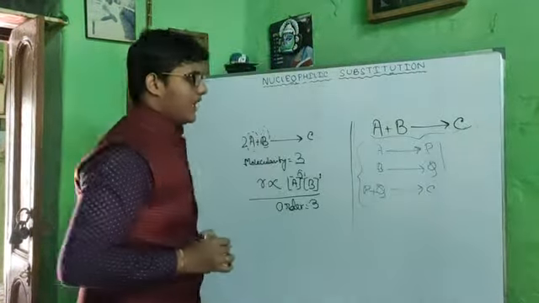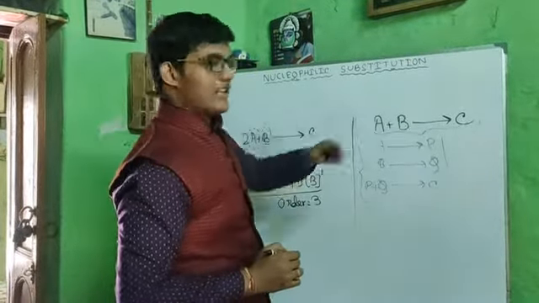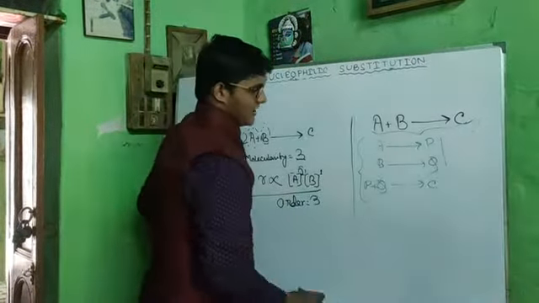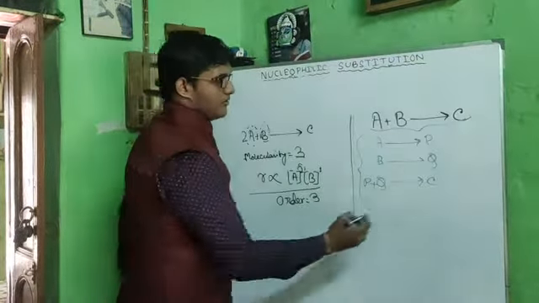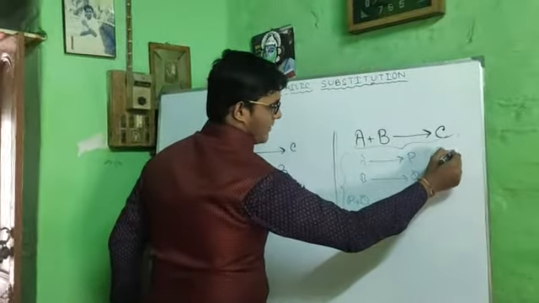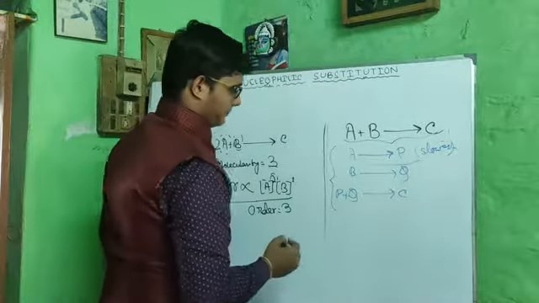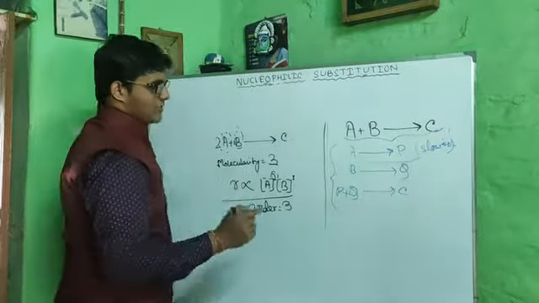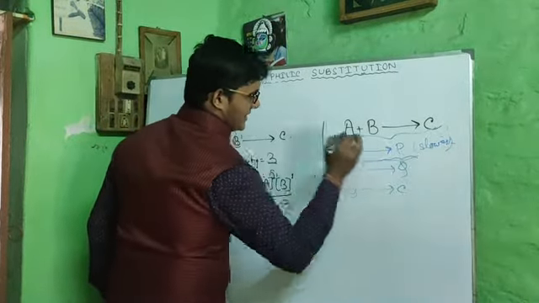That's why we can't determine the order of the reaction directly from the final equation of complex reactions. That's why we have to find out all the equations possible, and then we find the slowest reaction. If among these three it is the slowest, A to P, then the order of the reaction will be on the basis of this reaction.